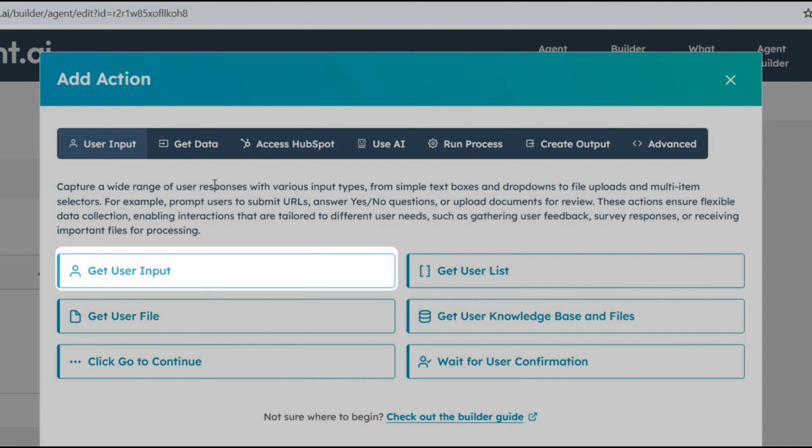First one, Get User Input. This option captures user input such as text, numbers, URLs, and drop-down selections to collect dynamic responses. Second one, Get User Files. This allows users to upload files for processing or review within the workflow. For example, a user can upload their PDF and resume file. Third one, Click to Continue. This enables the user to click a button to proceed to the next step in the workflow. Fourth one,